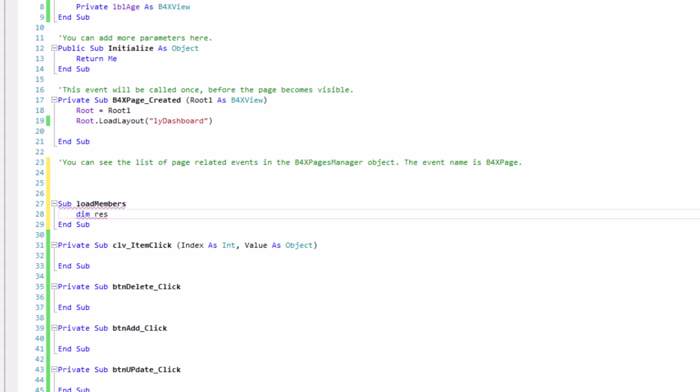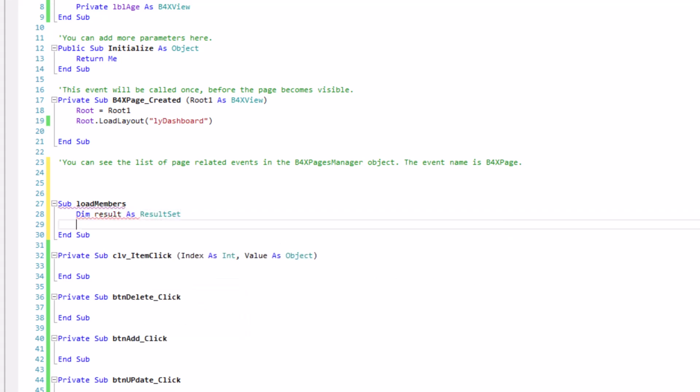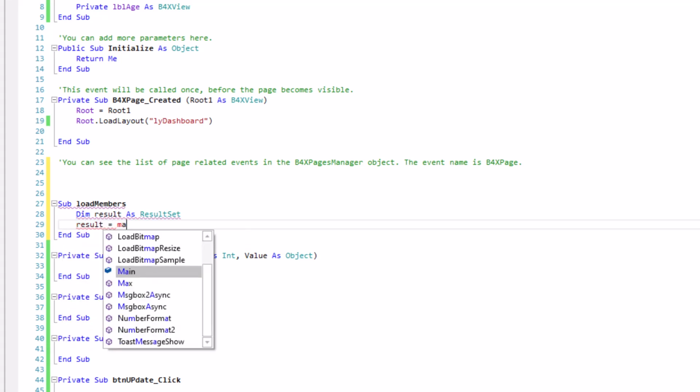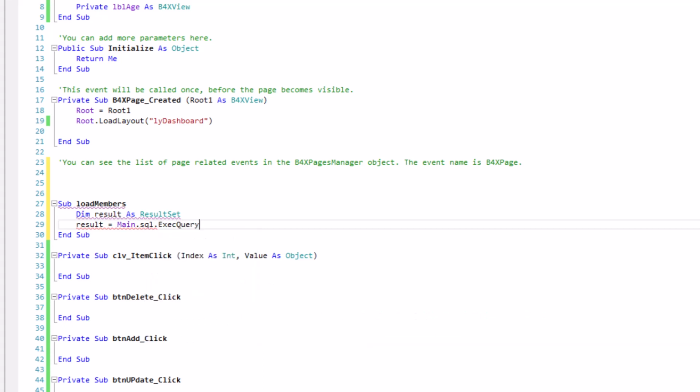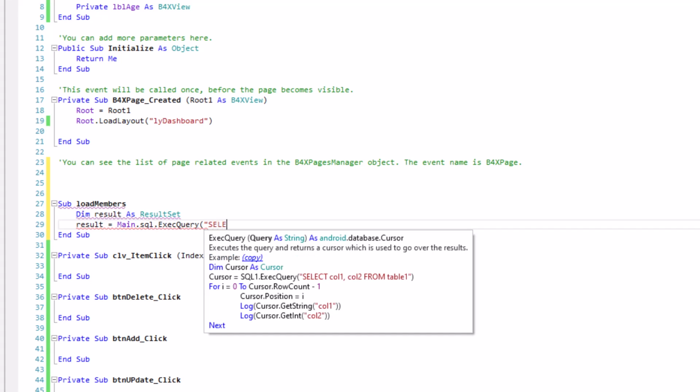Then results as ResultSet. Results equals Main.SQL.ExecQuery, select all from tbl_members.